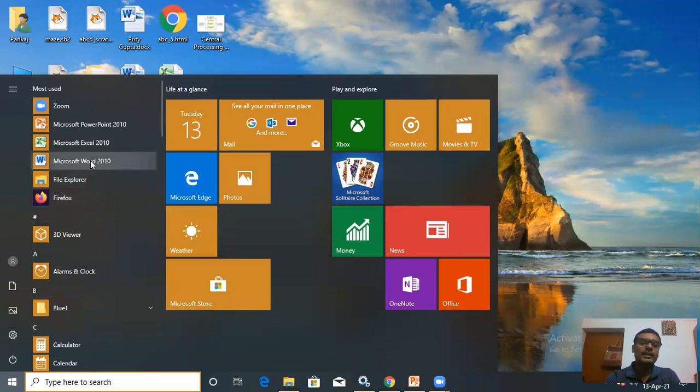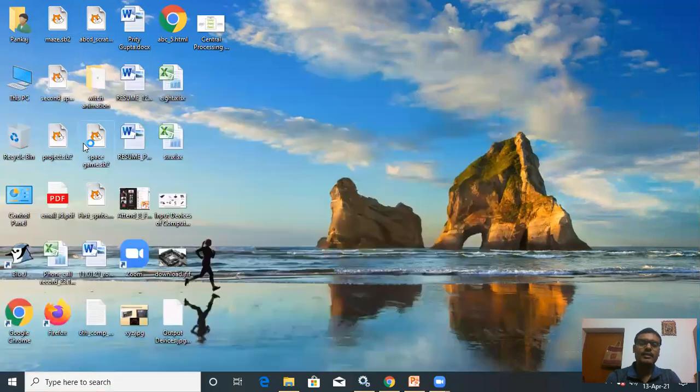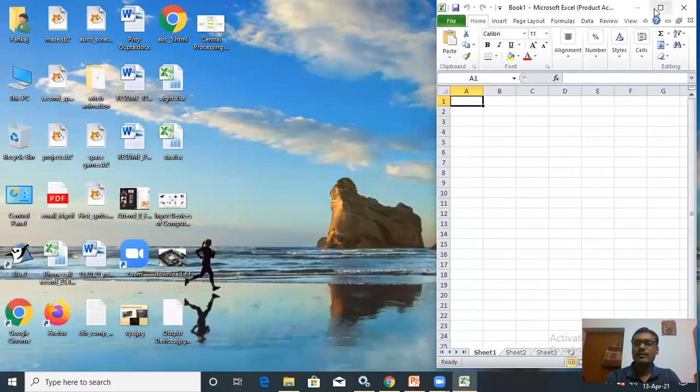MS Office also contains MS Excel, MS PowerPoint, MS Picture Manager, etc. These are the software made by the Microsoft company, and Microsoft has launched many versions of MS Office: MS Office 2010, 2013, 2016, etc. So here you have to click on Microsoft Excel. The Excel page will open in front of you.